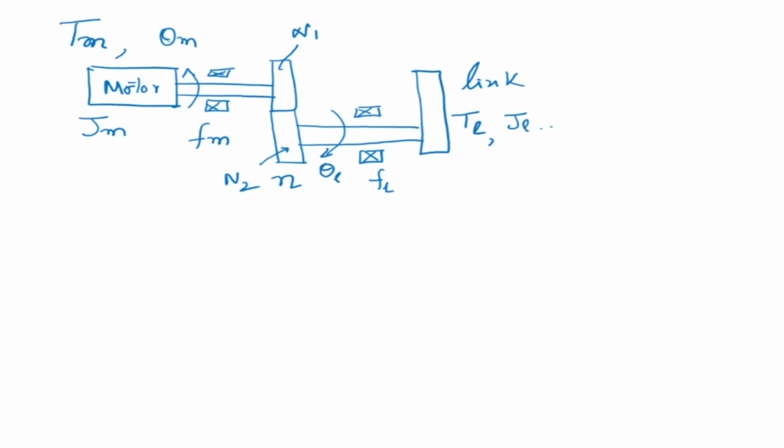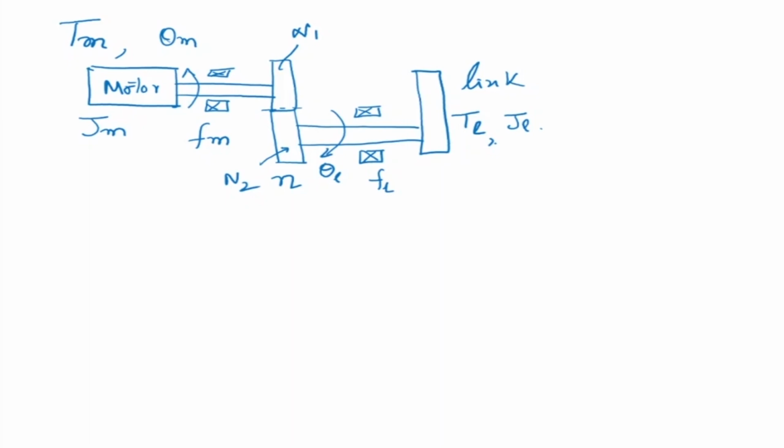So how does the joint actually work? We give voltage to the motor and it will rotate. When the motor rotates, the gear rotates. The gear rotation will be transmitted from gear 1 to gear 2, and then it will rotate the link. Now why is the gear used? Because we know that